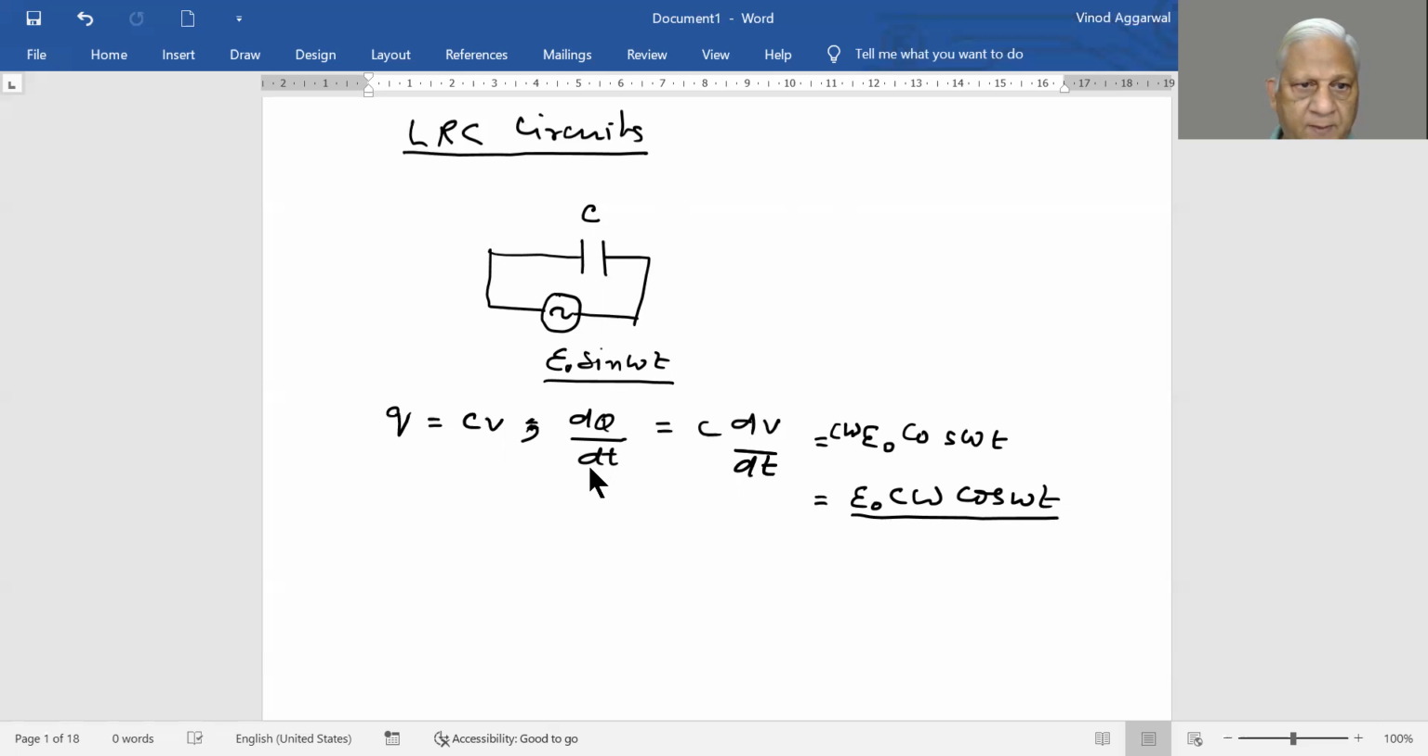So this was our dq by dt is equal to, and dq by dt is nothing but I. So instantaneous value of I is defined like this, and if we define the peak value of this, the peak value will be when cos omega t is maximum. So we can say I naught is equal to